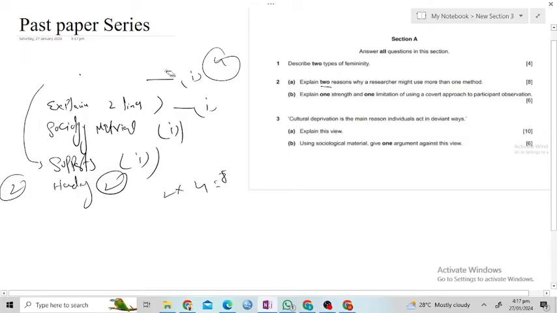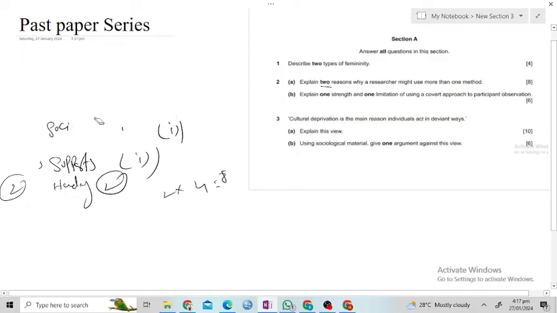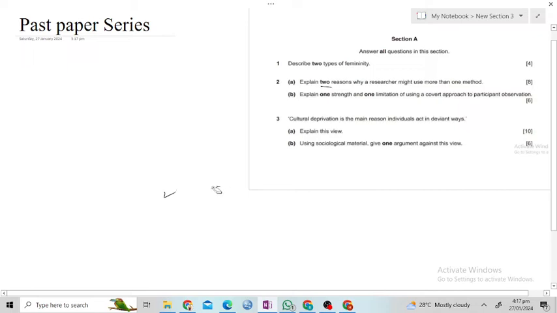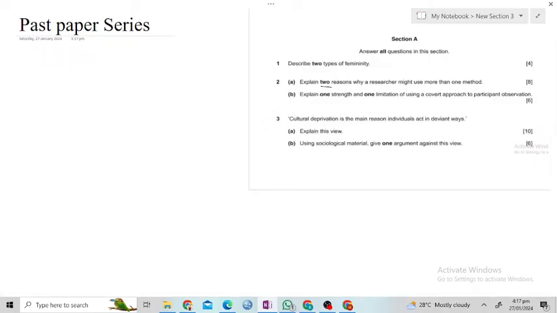Let's try to attempt this question. The question is: explain 2 reasons why a researcher might use more than one method. If you remember the course content, I'm sure you have plenty of things in your mind to give arguments in support of this question. Let's try to arrange and then cover this. For example, let's start from heading number 1, and they are asking us to explain 2 reasons. The one reason, let's say,